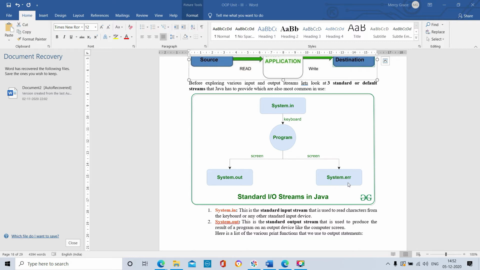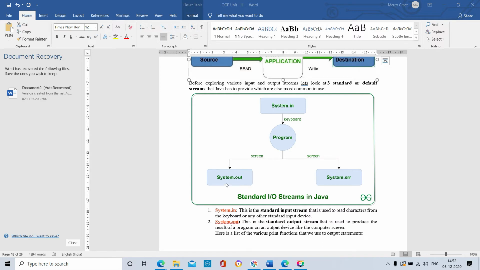System is the class, err is the object. It is used to display if any error occurs in our application program, meaning it will display the error on the screen. So by using our keyboard, we are getting the input to our application program by using the statement system dot in.